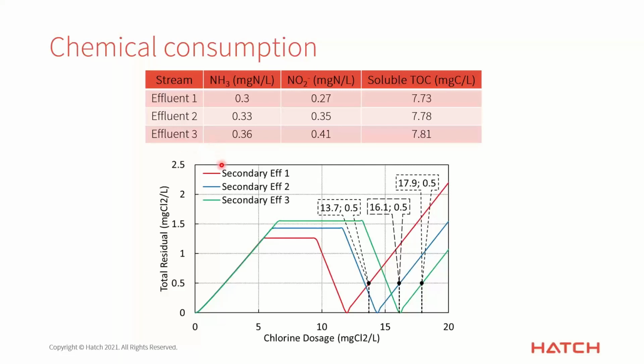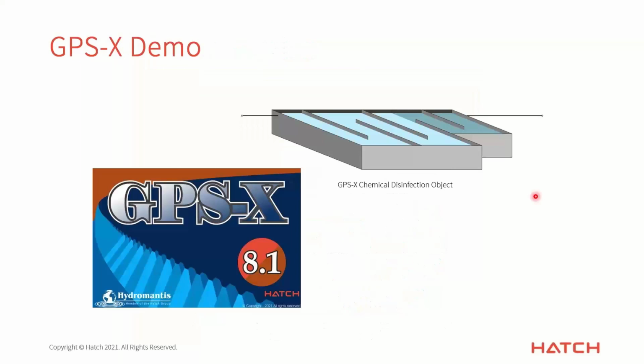So basically what you can see here is that even slight changes in the secondary effluent quality, so going from 0.3 milligrams of ammonia per liter to 0.36, or 0.27 milligrams of nitrite per liter to 0.41, can have a significant effect on how much chlorine dose you're actually going to need in the model, as much as almost 4 milligrams more per liter, which can be quite a lot if you're flow pacing chlorine to a pretty high flow plant. So this just highlights how important it is to be able to estimate chemical usage, and chemical usage can obviously significantly affect your chemical cost budget.